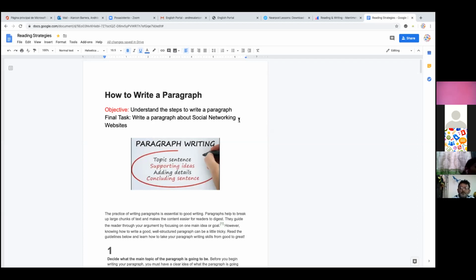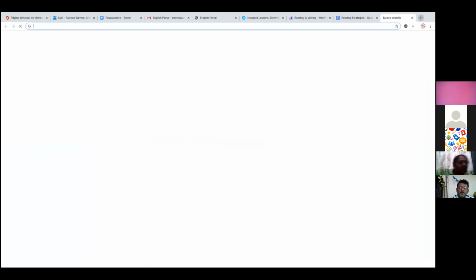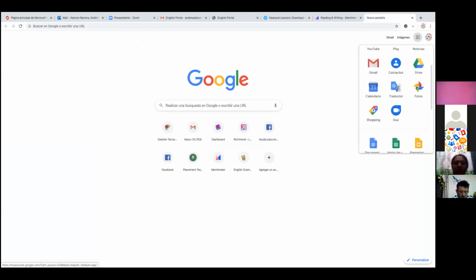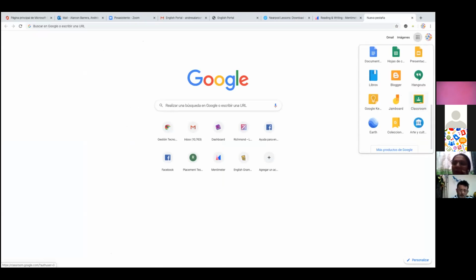Now, if you want to take Docs to the next level, you can create a class by using Google Classroom. What you have to do, once again, in your Gmail account, is go to the right upper corner. I'm going to open another one. I'm going to close here. And in the same button where you found Google Docs, where it says Google Apps, you scroll all the way down and you're going to have Classroom. When you click on Classroom,